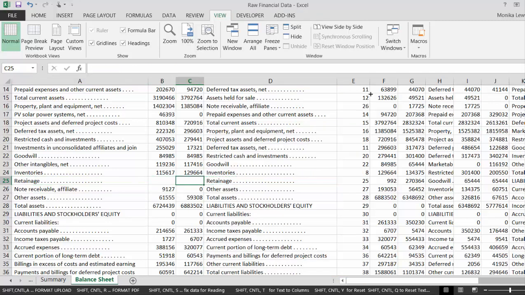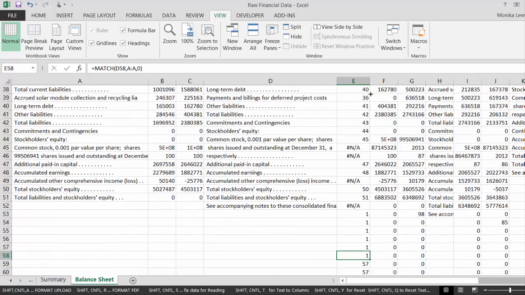Let's put that. So now we fixed that one. So we have an extra space for that one. And then we have a couple of other NAs here. Now, I don't think these NAs are important because